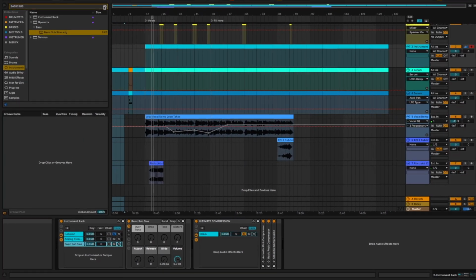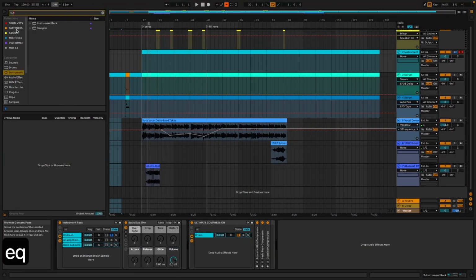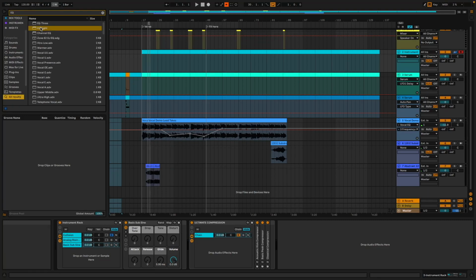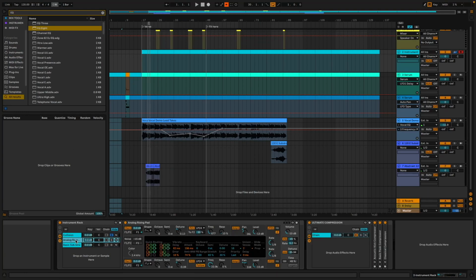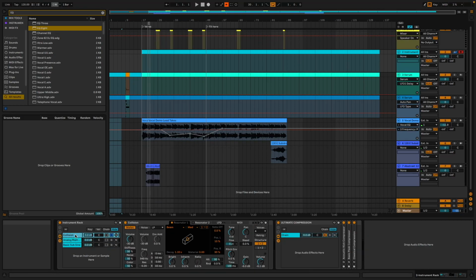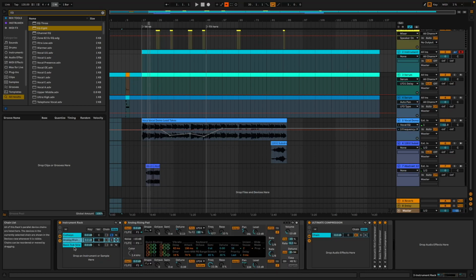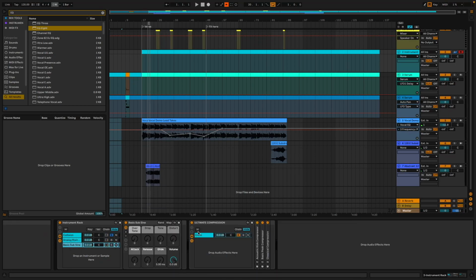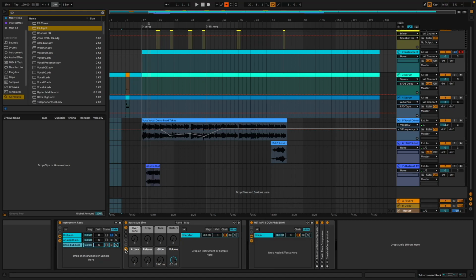So some methods I might use is EQ, cutting out the highs in the sub bass, cutting out the highs of the pad maybe, and then cutting out all the lows of this high end here. So one thing about this basic sub sign actually, which is a great tool in Ableton, if I solo this,